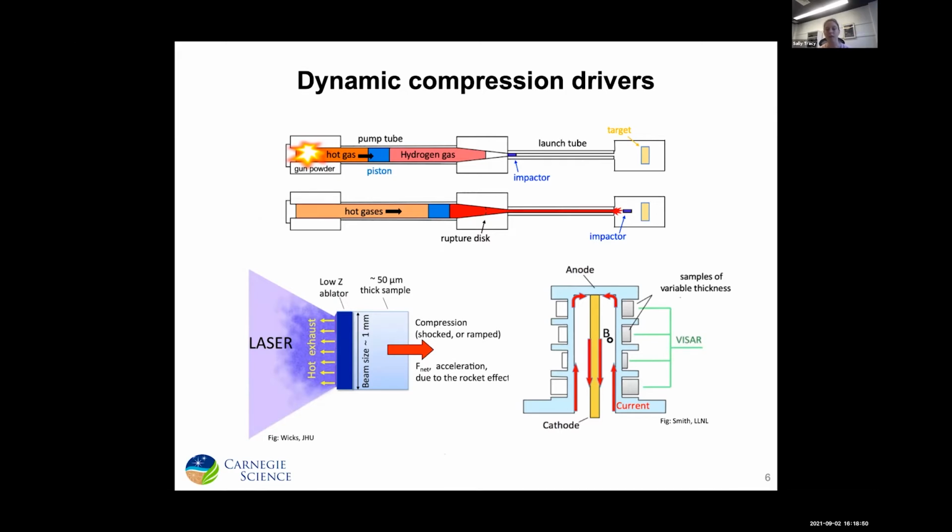A second method of generating shock waves in the lab is using a high energy pulse laser, where here we focus the laser onto a low Z ablation layer, which is affixed to the rear of our target. And that generates a plasma which expands backwards, sending a shock wave forward into our sample. For this type of experiment, the duration is typically shorter, on the order of only a few